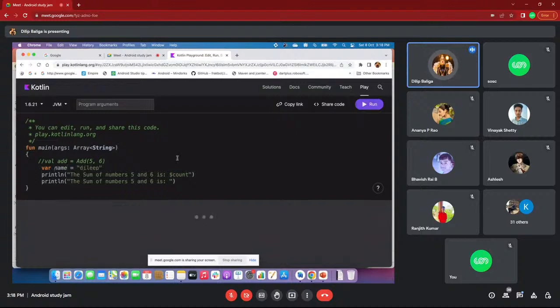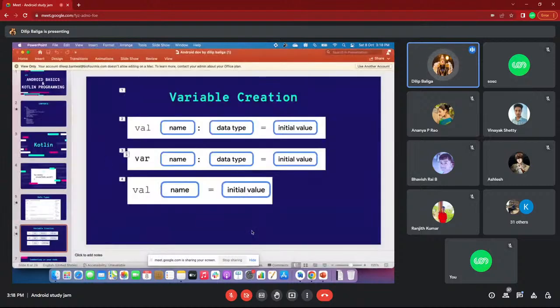No need to specify the data type. So this covers variable creation, the difference between val and var, and variables without a data type. Let's move to the next thing.